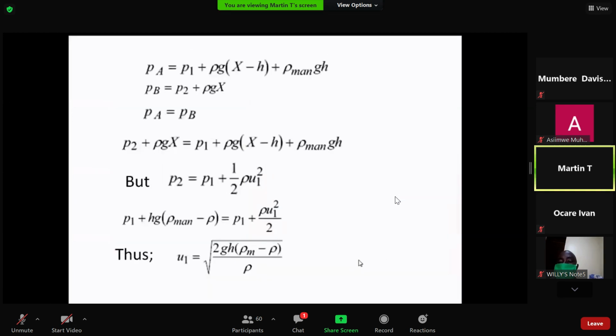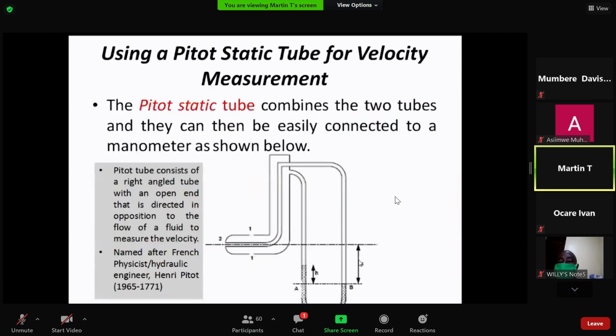If you look at point A, what is the pressure at point A from the manometer? What is the head? If you look at this manometer, this point A, this limb is connecting to point 1, not so? It's connecting to point 1. So we can say that pressure at A is equal to pressure at 1